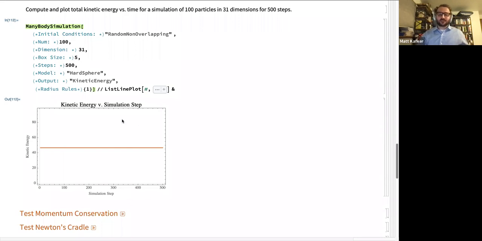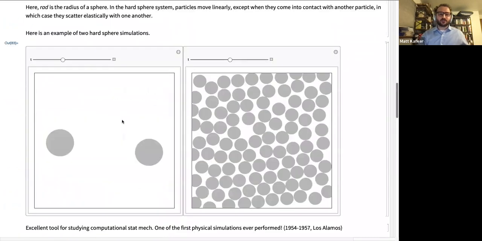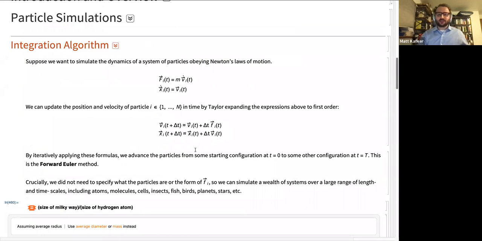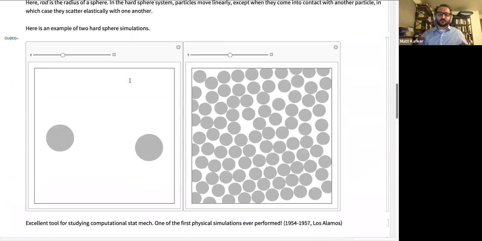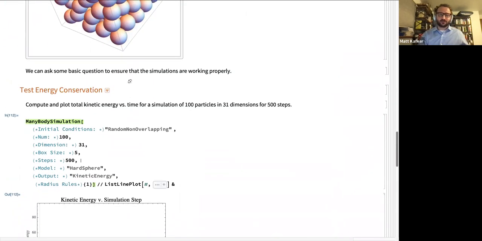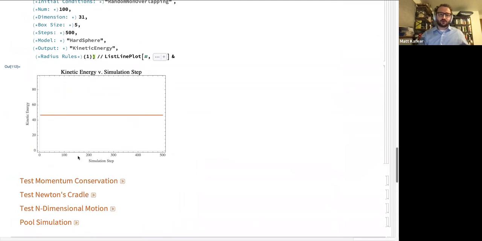Now we have access to this kinetic energy because, if you remember in the initial problem statement, we're just incrementing positions and velocities. So what this means is we have x_i(t) and v_i(t) for all t for the simulation. So kinetic energy is really easy to compute from that information. I apologize for the scrolling. There's going to be a fair amount of scrolling during this talk. So it's constant over time. That's good.